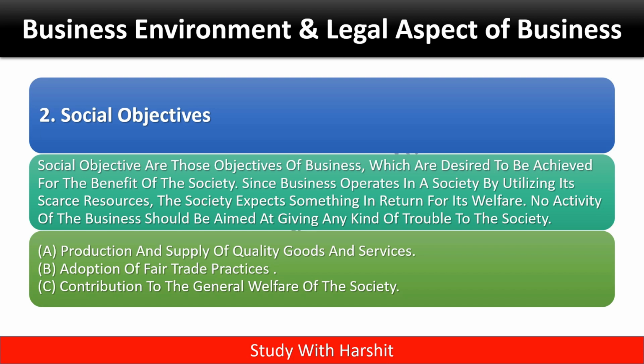Social objectives. Social objectives are those objectives of business which are desired to be achieved for the benefit of the society. Since business operates in a society by utilizing its scarce resources, the society expects something in return for its welfare. No activity of the business should be aimed at giving any kind of trouble to the society. Production and supply of quality goods and services, adoption of fair trade practices,